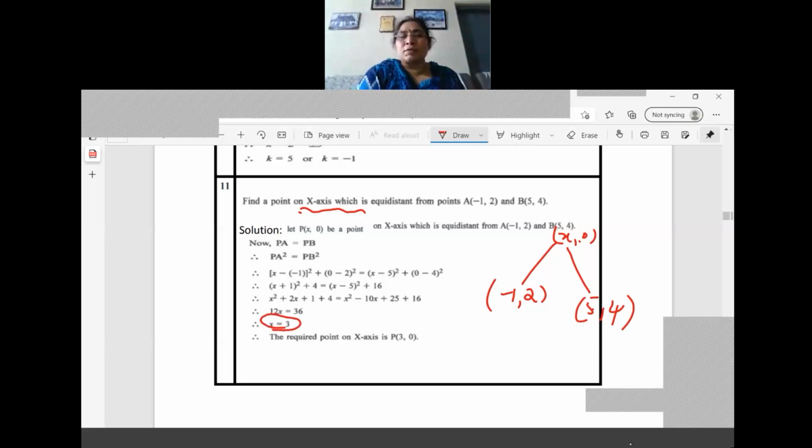Since, again, read the question. If it says find x, then there is no need of thinking too much. But here the question is to find a point only. So for confusing, they definitely give a single value in the question, so don't go for that. A point means it's an ordered pair only. So we have to write here x as 3. So what is the value? 3 comma 0.